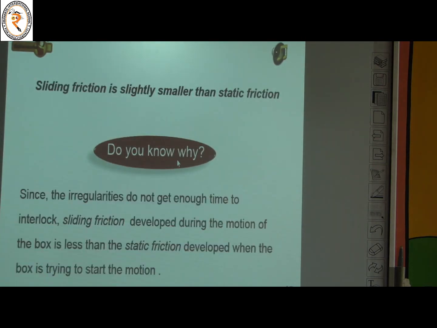Sliding friction is slightly smaller than static friction. Why? Since the irregularities do not get enough time to interlock, the sliding friction developed during the motion of the box is less than the static friction developed when the box is trying to start the motion. So the sliding friction is always less than the static friction. And the next one,